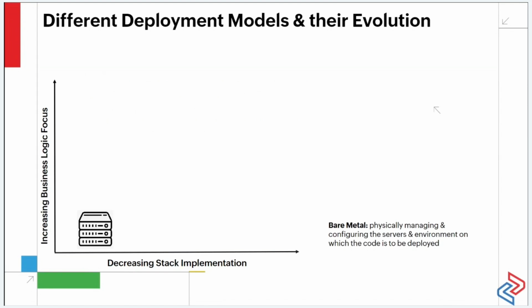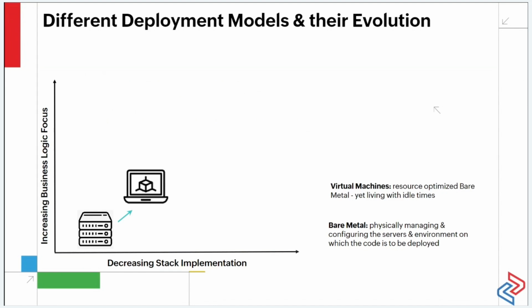So we started with something called bare metal, which meant physically managing and configuring servers. These were co-located. You had to spend on infrastructure. You had to spend on maintaining these servers, both from a software point of view and from a hardware point of view. Moved over to virtual machines, which were resource optimized bare metal, yet you were living with something called